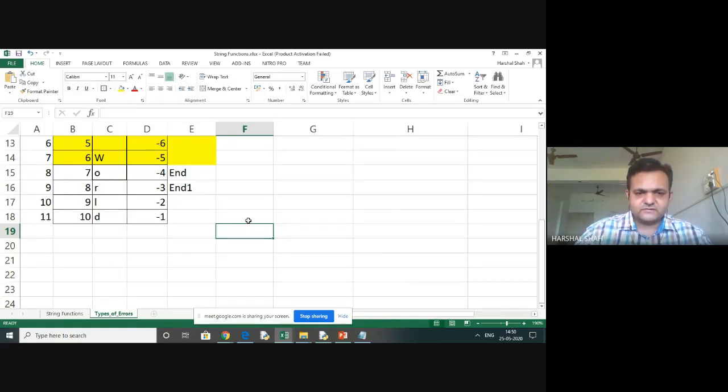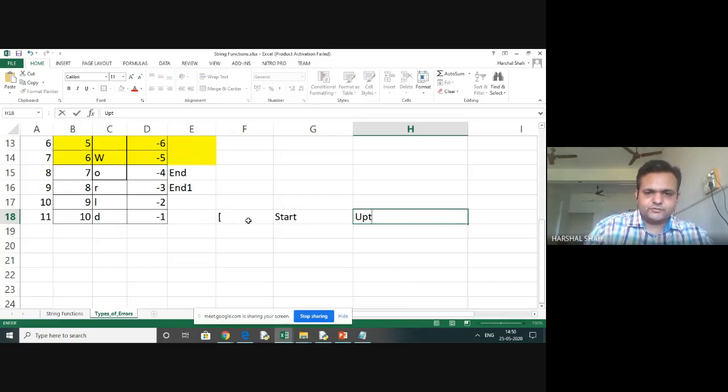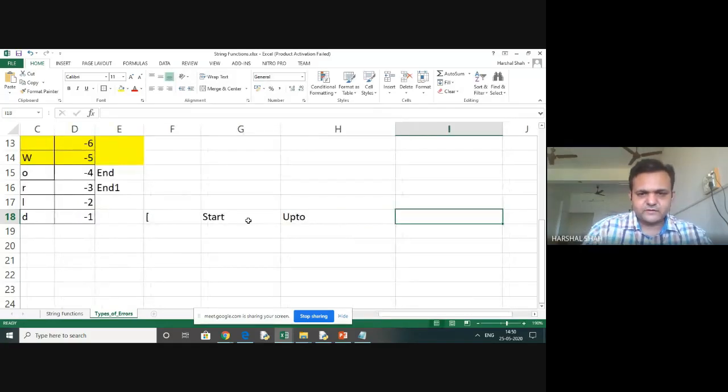So this is the syntax. You can have first the start, up to, next. This next is like a varying number, or you can say the skipping step, or better, the step size.